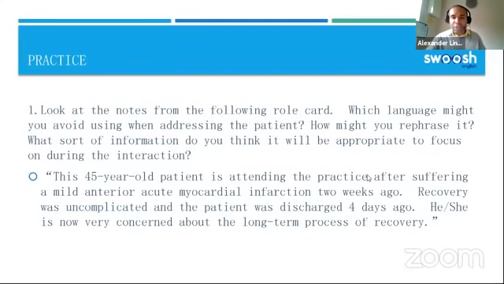So let's see what we've got here. So Sana is saying that, so don't use the medical terminology, give information about the positive effects of some weight loss, good diet, and mild to moderate exercise helping in long-term recovery. Yep, very nice. Definitely, that would all be appropriate, wouldn't it? Because you want to focus on the recovery, the patient is worried about that. So absolutely, you'd want to give that sort of advice.